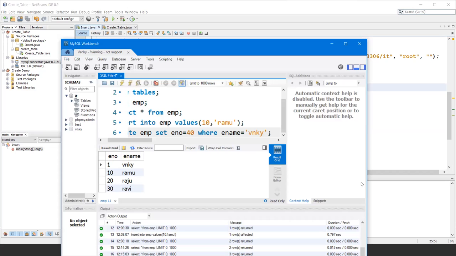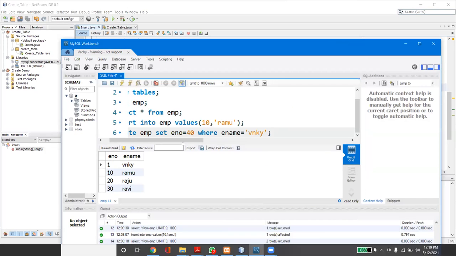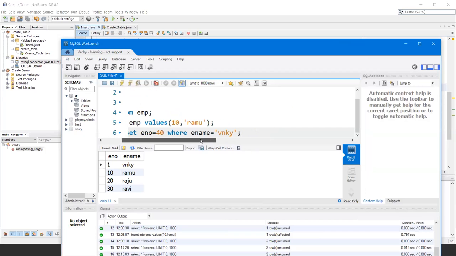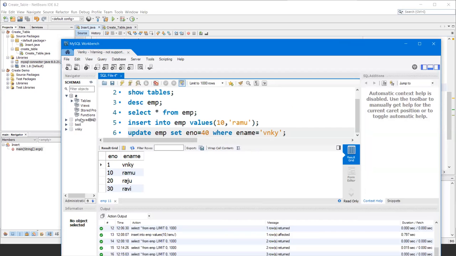So I would like to update the employee number to 40, Venki's employee number to 40.